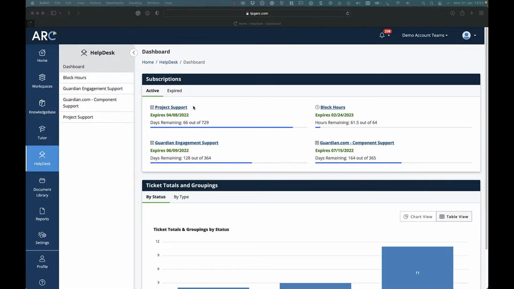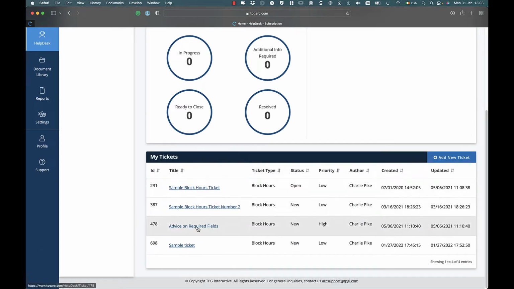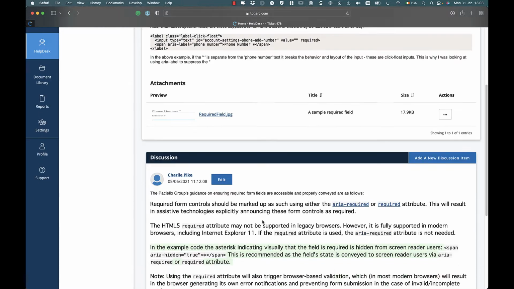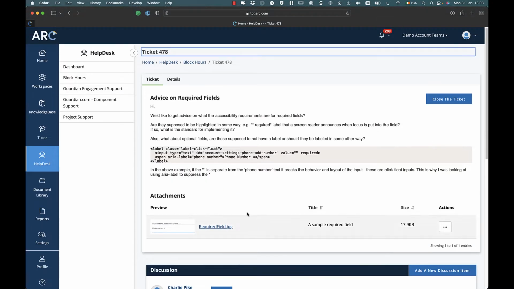Not everyone can afford to have full-time accessibility experts embedded in their teams. The ARC Help Desk puts TPGI consultants on your shoulder, providing technical support and guidance as you test and remediate. Users can raise tickets, track status, and manage an issue through resolution. Accessibility Help Desk tickets generally receive a response within 24 hours.